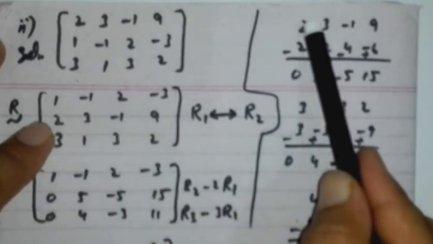Now here is 2, so the second row, subtract 2 times first row from row second, so this is row second and this is 2 times first row, we get 0 5 minus 5 15, we write it here, and row third minus 3 times row first, this is row third and this is 3 times row first, we get 0 4 minus 3 11. Now look at here,